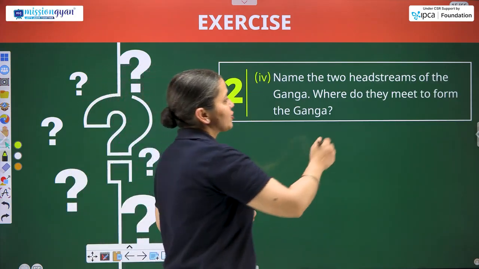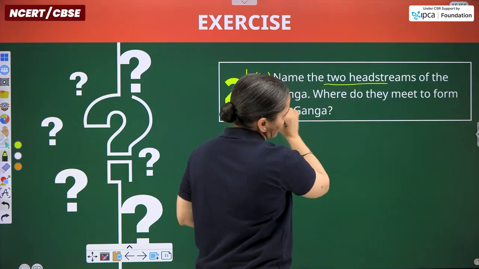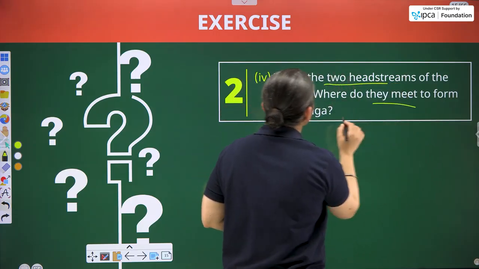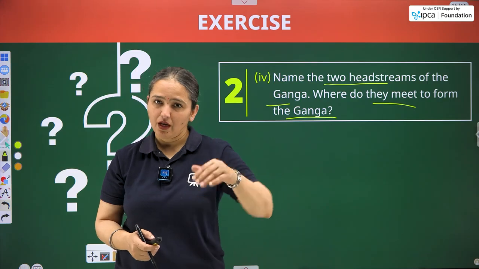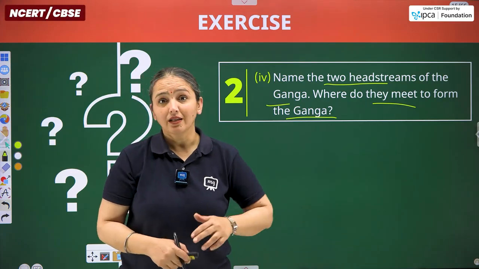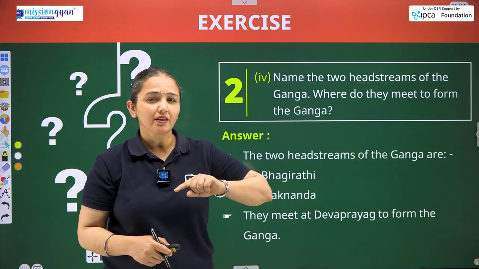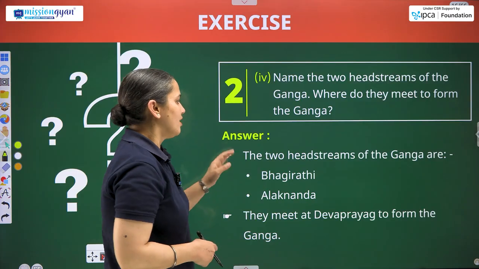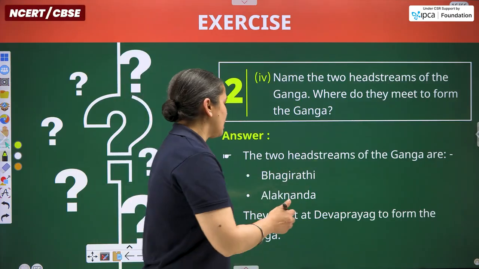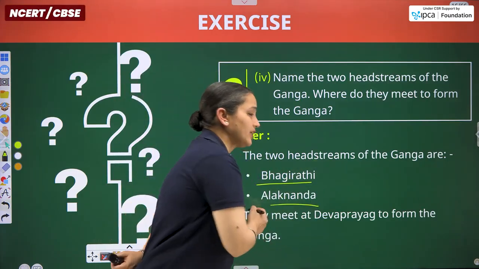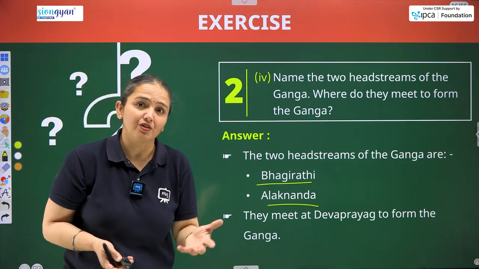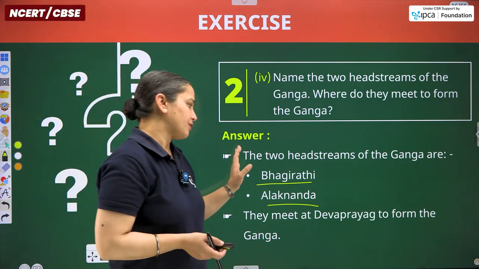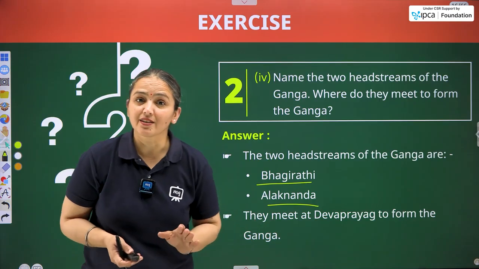Name the two head streams that form Ganga, and where do they meet to form Ganga? Two head streams meet at a point, and thereafter it is known as Ganga. So those are Bhagirathi and one more. The two head streams of the Ganga are Bhagirathi and Alaknanda. They meet at Devprayag in Uttarakhand, and thereafter the combined flow of Bhagirathi and Alaknanda is known as